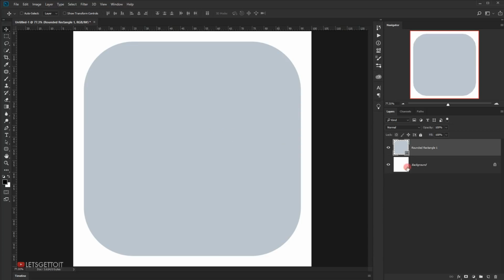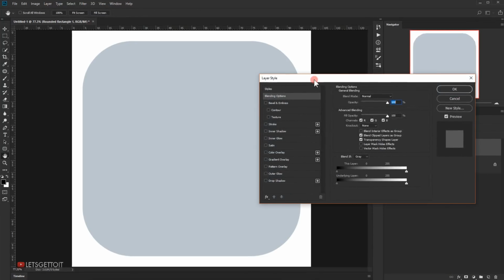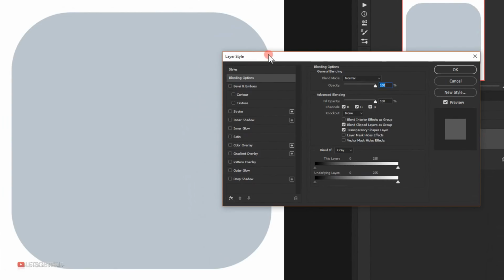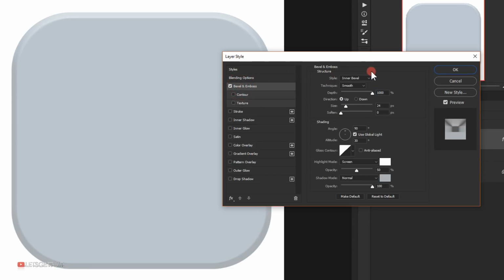Alright, now I'm going to open the layer style dialog by double clicking on this rectangle, or you can go to this FX in here and choose Blending Options. As you can see, now we have the layer style dialog opened. Now I'm going to start with the bevel and emboss, so I'm just going to select it, and in the style make sure that you set it to inner bevel, and the technique is smooth, and for the depth I'm going to put 1000%. The direction is up,